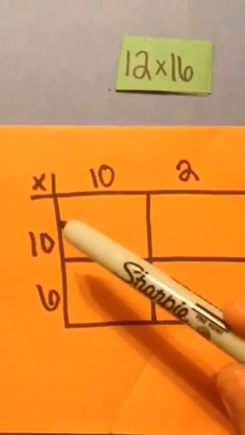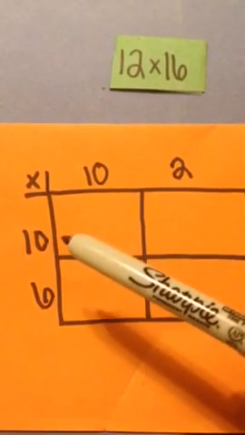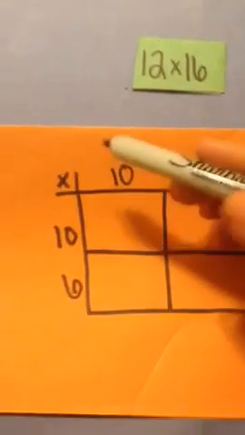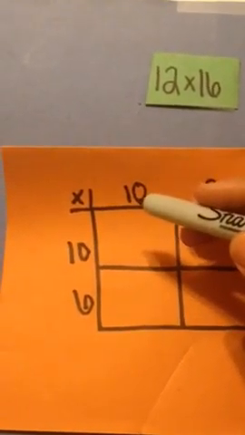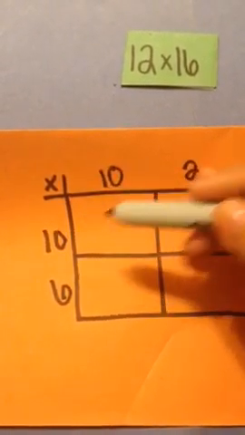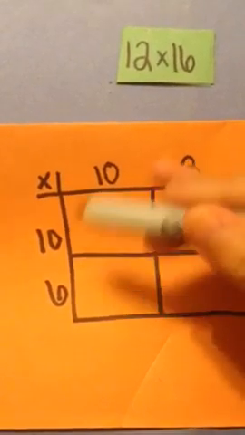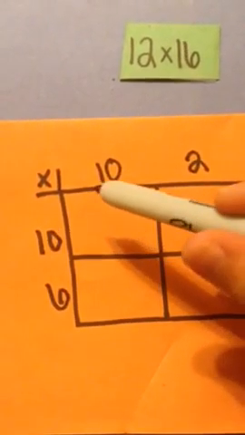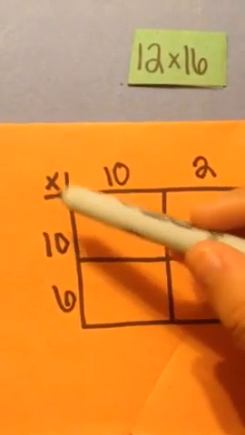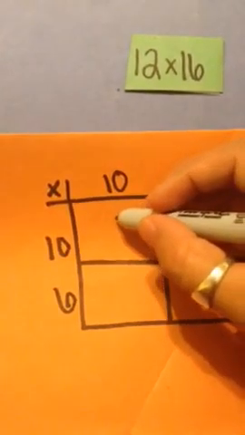So, they're going to have to multiply 10 times 10. And students can ask you if they can use a calculator, if they can use a scratch sheet of paper. It doesn't really matter. So, they can have any form of helping them to figure out how to do this inside part, but they have to do it correctly. So it has to be 10 times 10, and that is